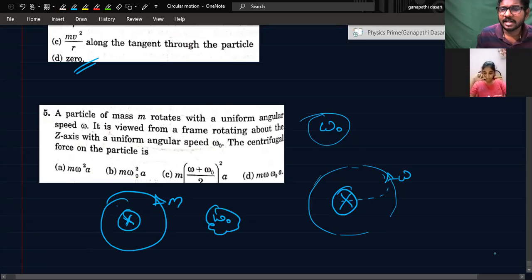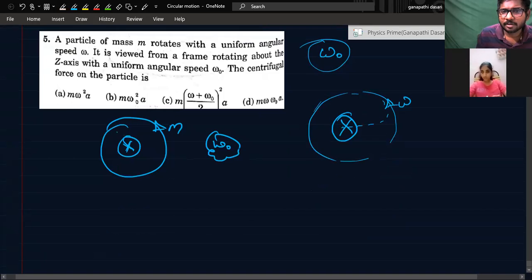What did I tell you? If you are observing, it is a non-inertial frame of reference. How to take the pseudo force? Centrifugal force is nothing but pseudo force. How to take the pseudo force? You should keep the force